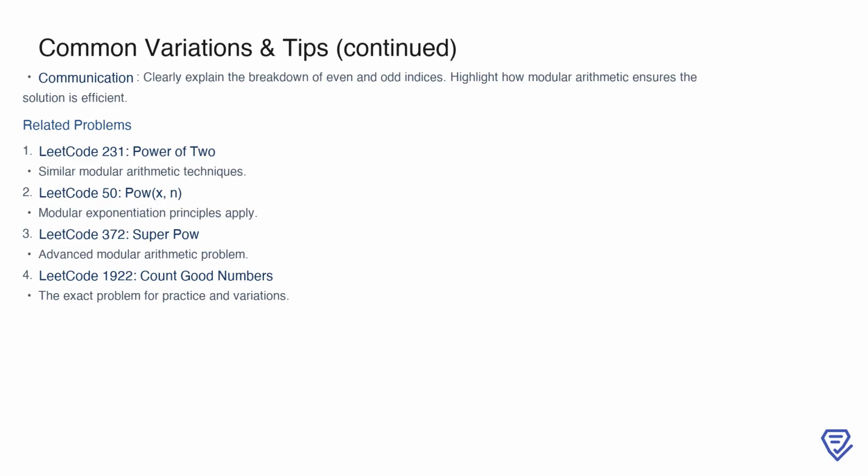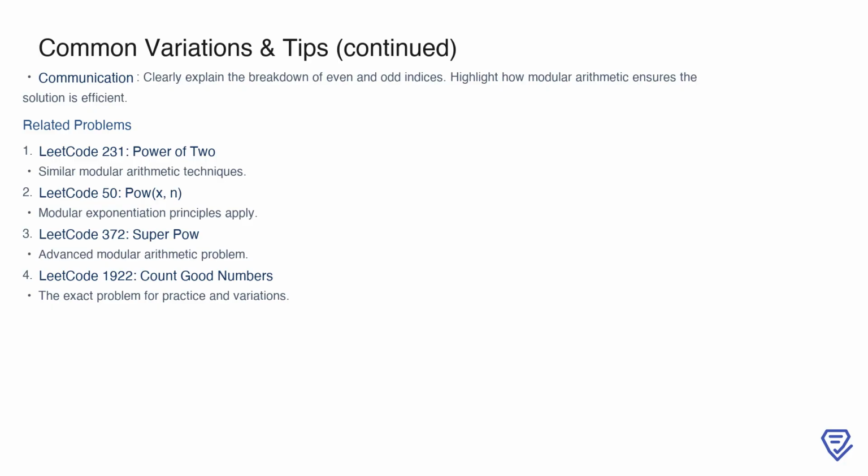For those looking to deepen their understanding, there are several related problems worth exploring. LeetCode 231, Power of 2, involves using modular arithmetic techniques to validate numbers. LeetCode 50, Pow(x, n), is a great resource for understanding modular exponentiation principles, which are directly applicable here. LeetCode 372, Super Pow, takes modular arithmetic to a more advanced level, making it a valuable exercise for honing these skills. And, of course, revisiting LeetCode 1922, Count Good Numbers, is key for practicing variations of this exact problem and